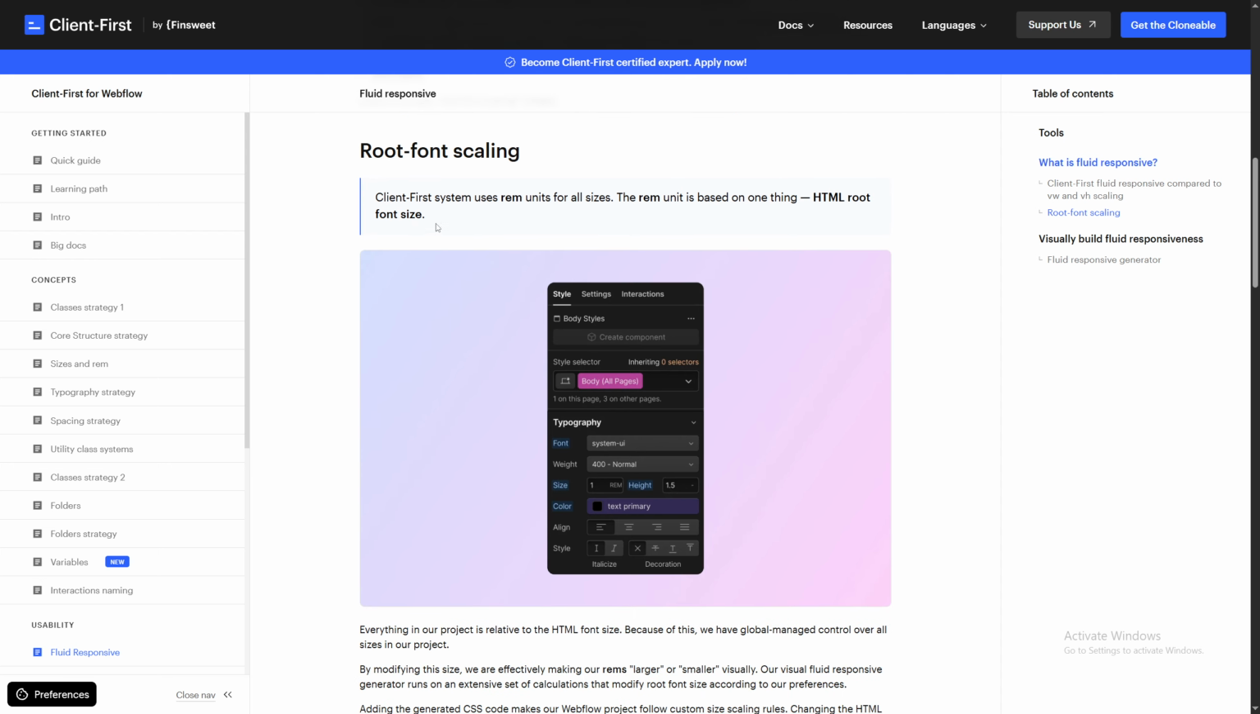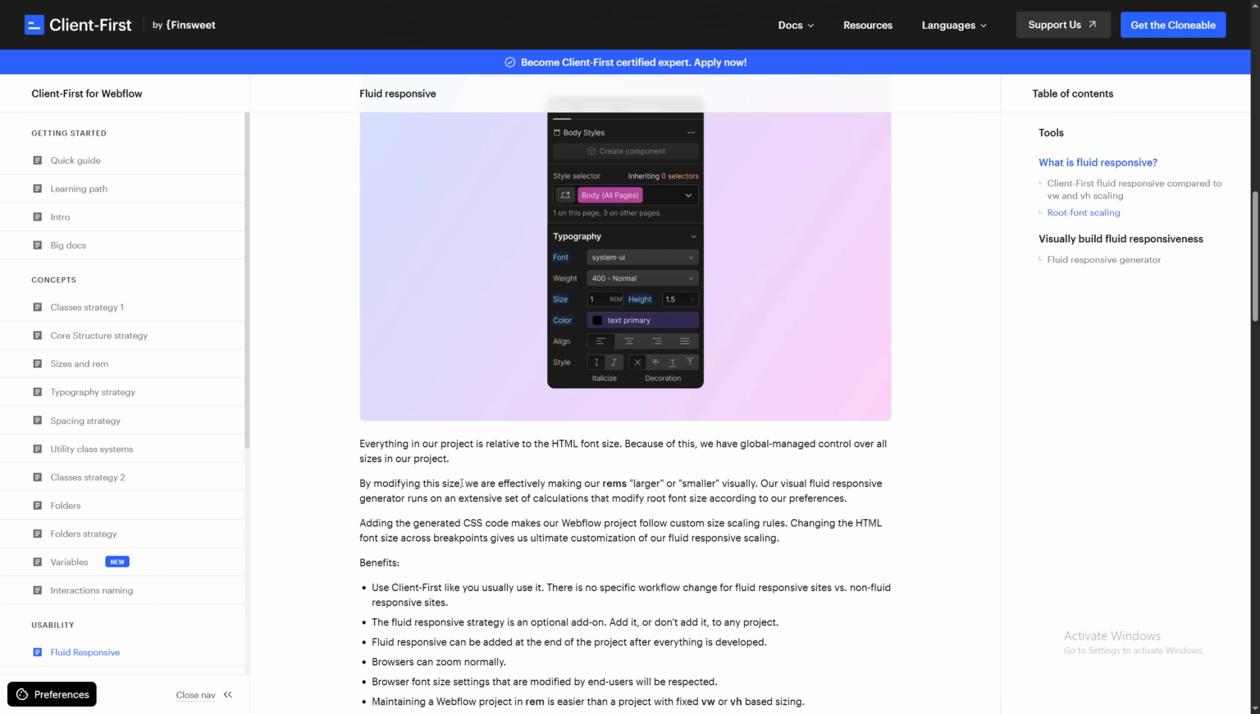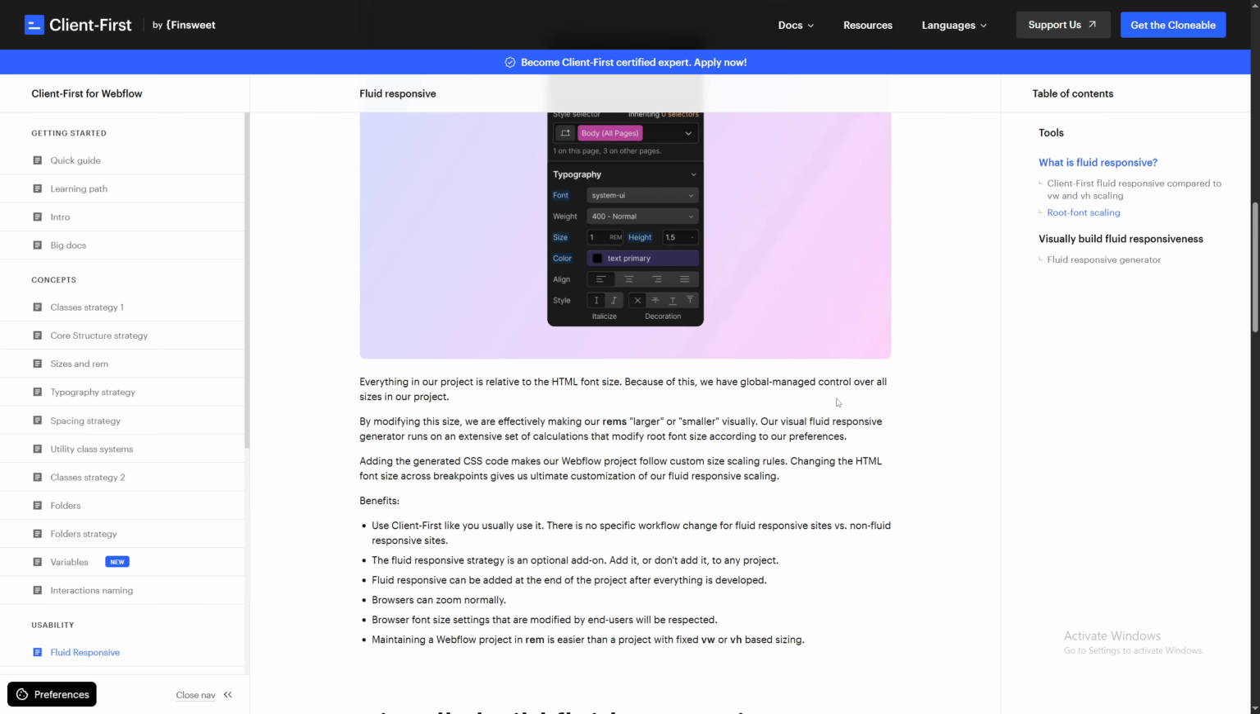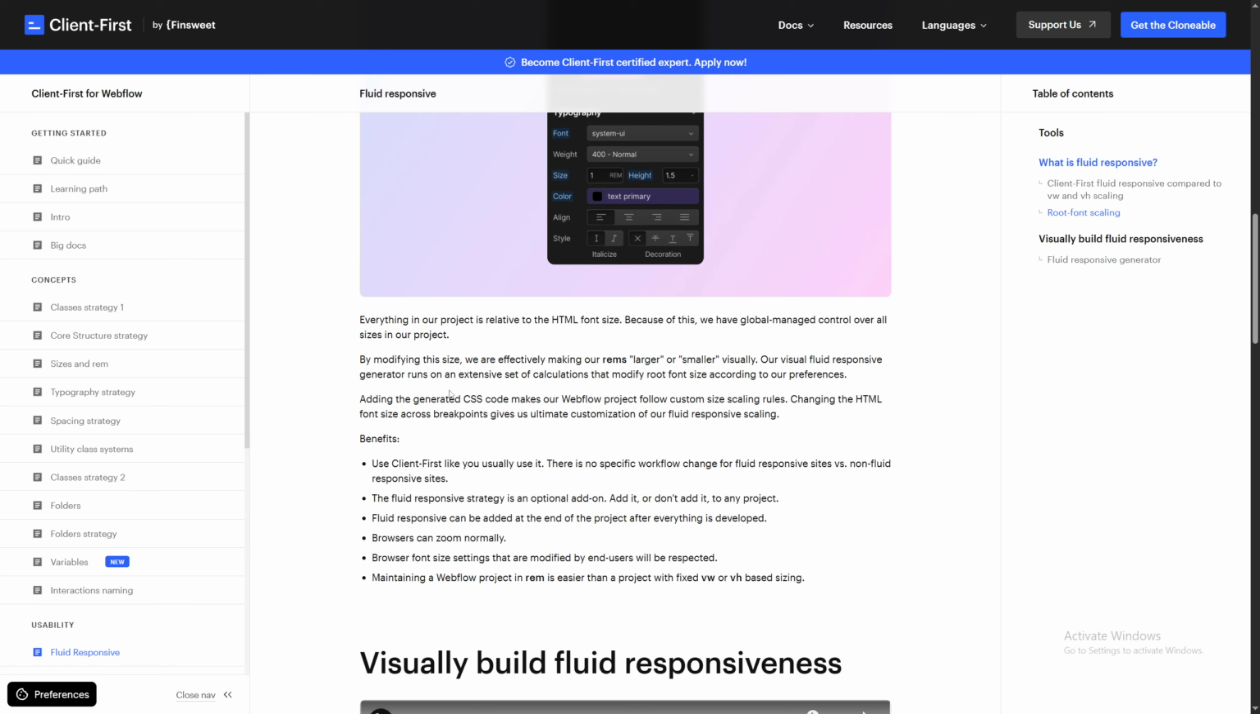Root font scaling. The Client-First system uses REM units for all sizes. The REM unit is based on one thing, the HTML root font size. Everything in our project is relative to the HTML font size. Because of this, we have global managed control over all sizes in our project. By modifying this size, we are effectively making our REMs larger or smaller visually. Our visual fluid responsive generator runs on an extensive set of calculations that modify root font size according to our